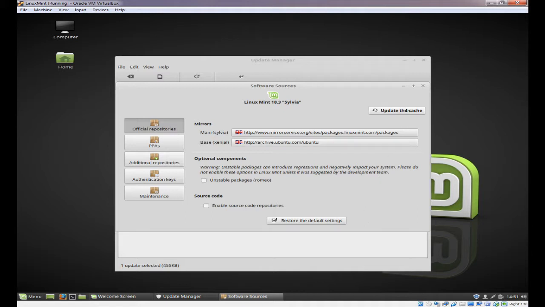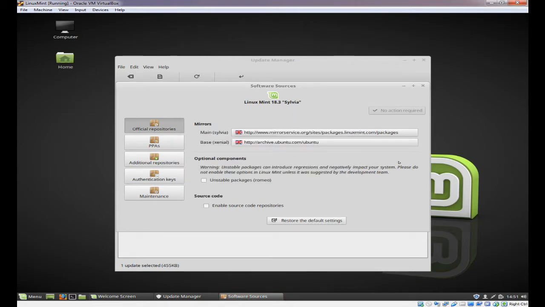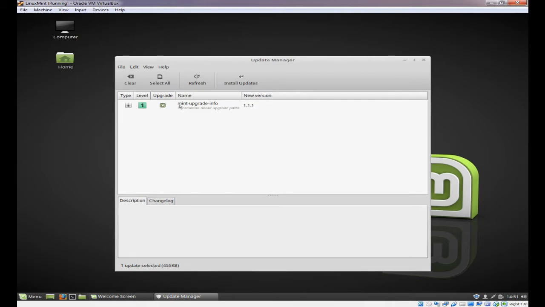We can click on update the cache, and this will go and see if there's anything required. I believe there'll be about 70 or 80 downloads required in a moment. If at any time you need to reset, you can click to restore the default settings, and it will take it all the way back to normal. So I'll close that. We need to upgrade the Mint info, so I'll click on install updates,